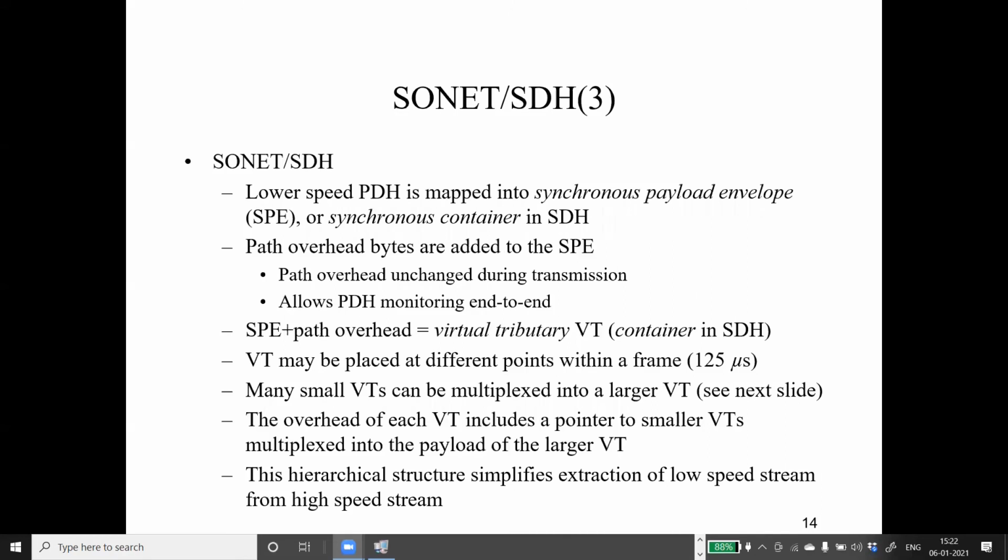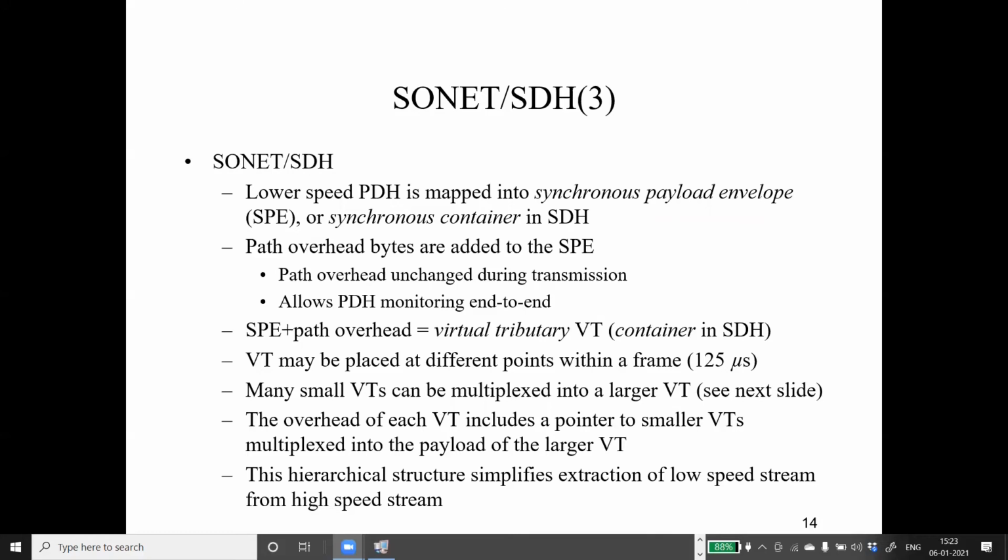Then the low speed previous system could be easily mapped into the Sonnet system, and can be recovered easily using the virtual tributary. Virtual tributary is a container for SDHs. It is like a space allocated, and in that fixed space, you can place smaller units. You can think of it as a shelf, right? In that shelf, you keep multiple books, so you can stack them and keep them easily, and you know how you can recover it, because you have a pointer also allocated to it. So that is the advantage.